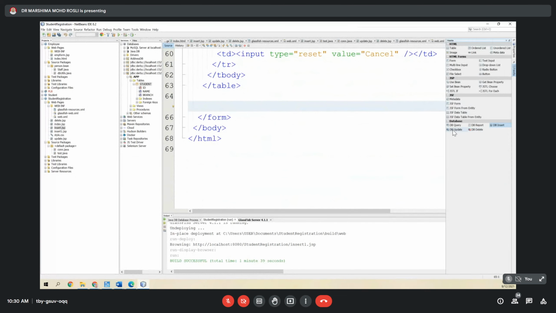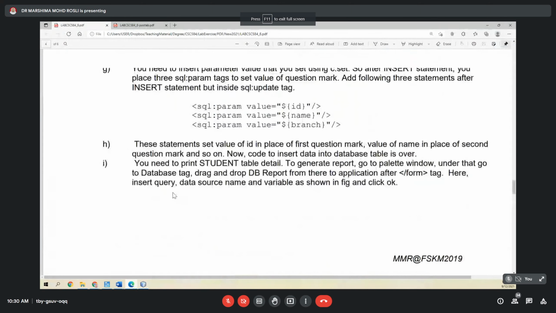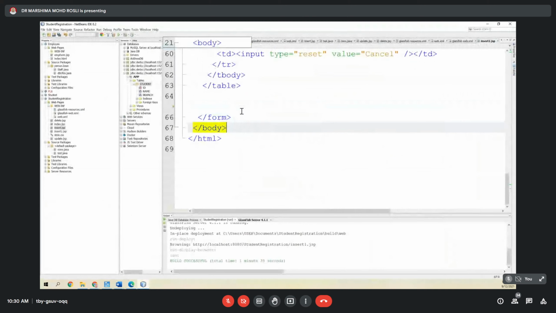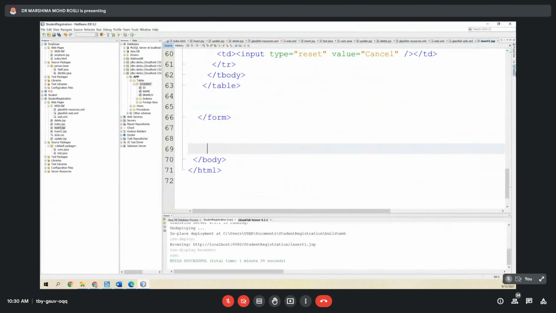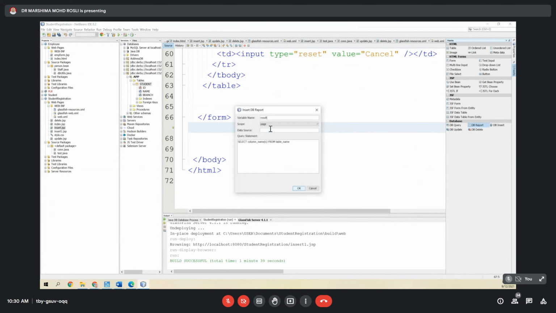Mending tak kita nak display back the value. Before. Bukan after. Before. After, right. I think it's after. Okay, just drag it here. But form tu you nak submit kan? So now you want to display back the values that you have been submitted. So this one still my data source. Select all from